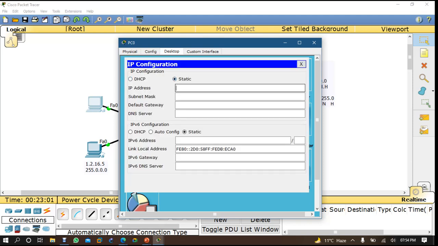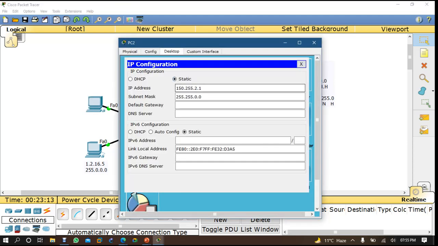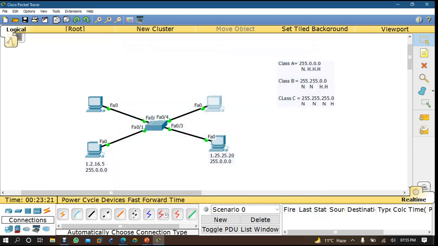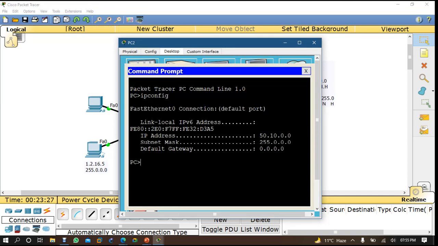So here I'm using 50.10.0.0, right? So if I'm coming here to this computer and checking my IP address, IP config, my IP is 50.10.0.0, and if I wanted to communicate to 50.1.0.255, is it 1 or 10 I have given?